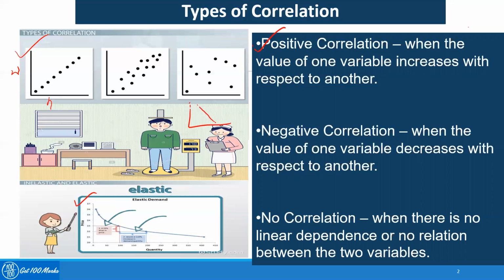The third type of correlation is zero correlation, or practically where there is no relation at all. For example, suppose the height and the IQ of a child. As far as scientific evidence goes, there is no proof that taller people are more intelligent. So there is practically no relation, or a zero correlation.